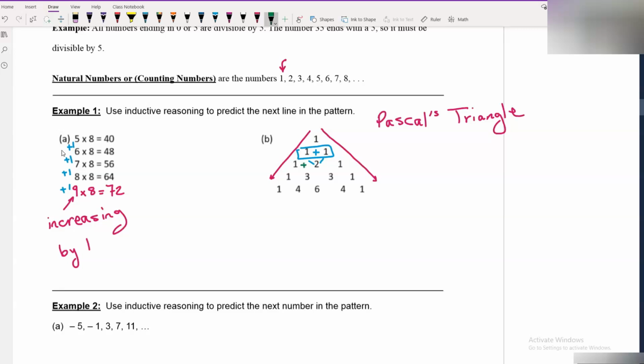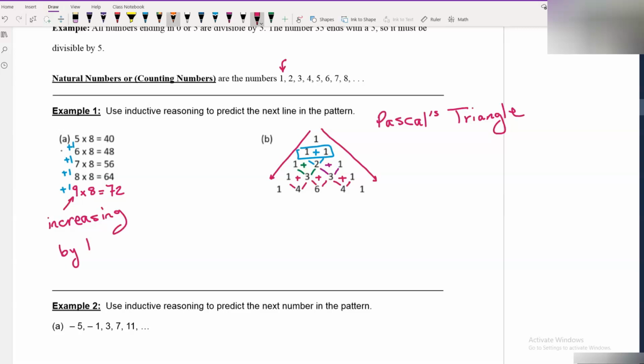Now adding 1 plus 2 is 3. 2 plus 1 is 3. Now next row, we have 1 plus 3 is 4, 3 plus 3 is 6, 3 plus 1 is 4. So using this method to find the numbers on the next line,